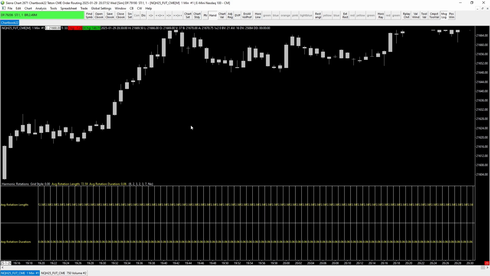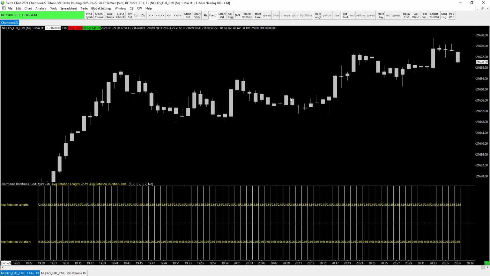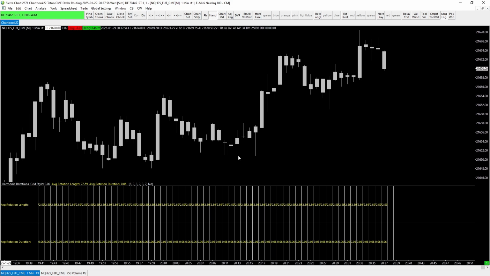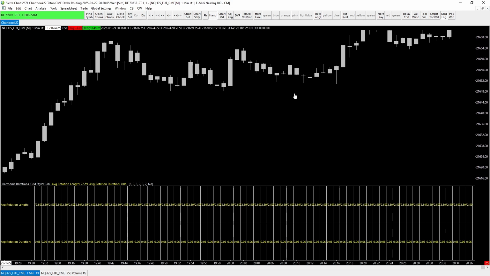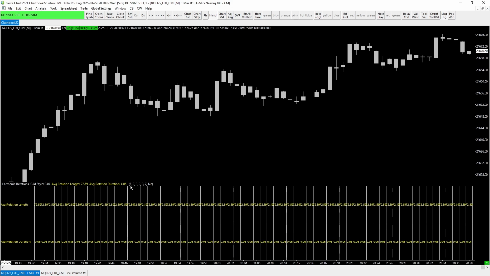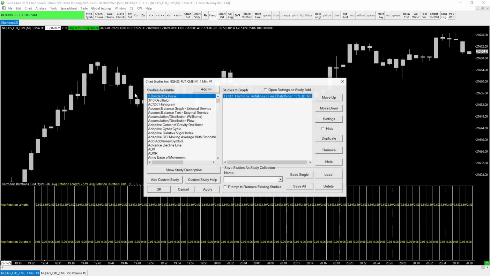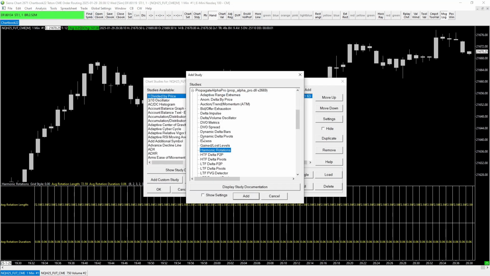Then it measures the rotations between those and takes a length and a duration measure. And again, rotations are one way to do this. The other thing that I probably like more, that makes a little bit more rigorous sense to me, is the